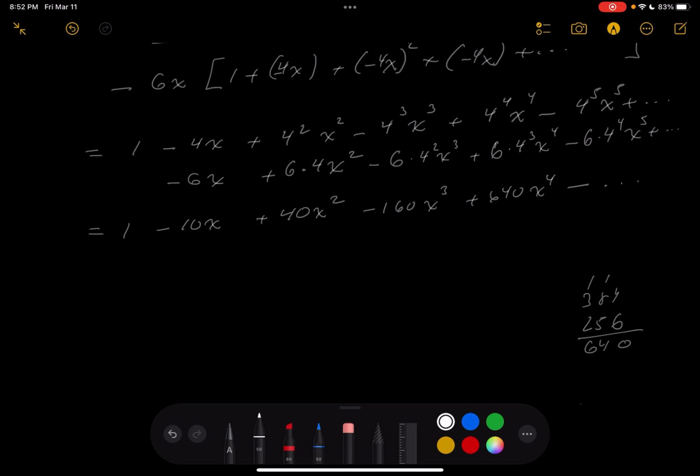What I'm going to do is go to the answer key. I want to check the 5 terms, see how we did. So I see, again, I'm looking at the answer key: 1 minus 10x plus 40x squared minus 160x cubed plus 640x to the 4th power, yada, yada, yada. So what I want to do is